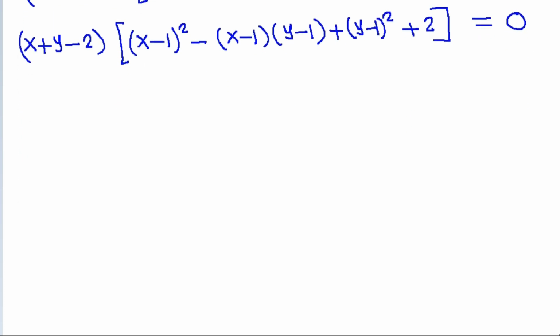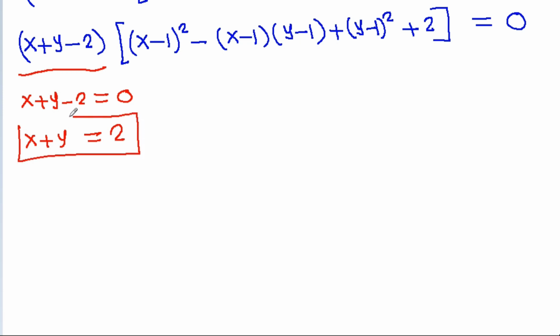And we have product of two equations is equal to 0. So if x plus y minus 2 is equal to 0, then we will get x plus y is equal to 2. And this cannot be equal to 0,